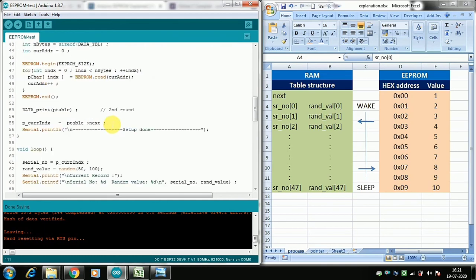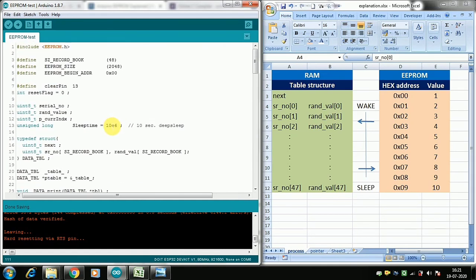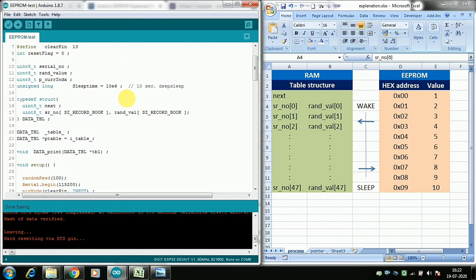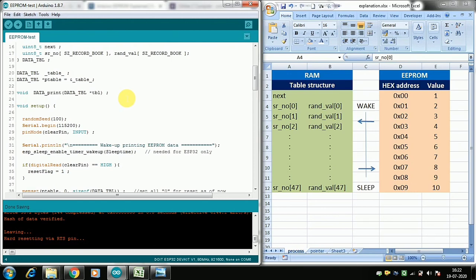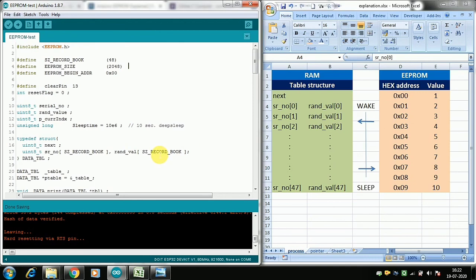If you want to do something better than resetting, I would like you to take this challenge. You can implement a FIFO stack. So when the 49th record comes, the first record will go out of the stack, all the records will move up, and the last record will get appended at the last row. You can try doing that. It would be a kind of challenge. And in a real life case, you will have to implement such a stack, because the Wi-Fi might be off for very long. In that case, you need to implement that.